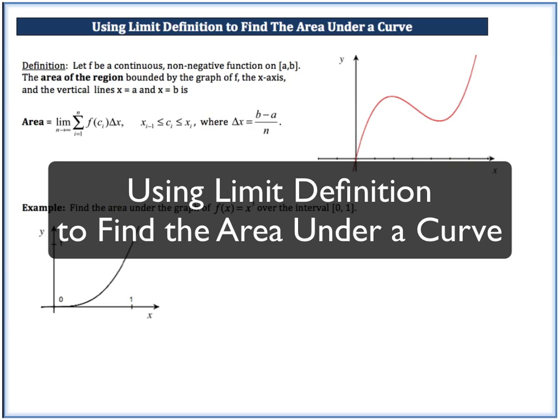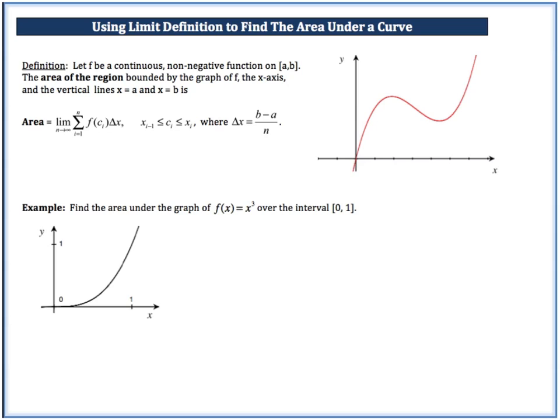So next we're going to talk about using the limit definition to find the area under a curve. It says, let f be a continuous, non-negative function on the interval a to b. The area of the region bounded by the graph of f, the x-axis, and the vertical lines x equals a and x equals b is the limit as n approaches infinity of the sum from i equals 1 to n